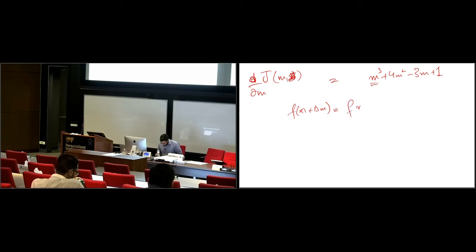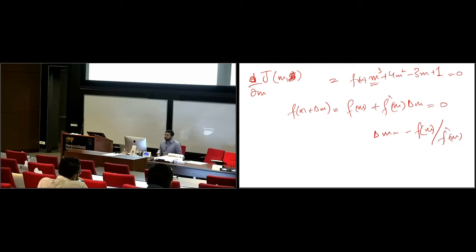you can write the Taylor series expansion like this. This is the first order Taylor series expansion. And rather than setting this f of m equal to 0, we say let's put this expansion equal to 0 and see which delta m would give us a 0 for this function. It's fairly easy to solve. For delta m, you can say that this is negative f of m divided by the derivative of f with respect to m. And you repeat this process iteratively. So let me show you what's happening in a figure.